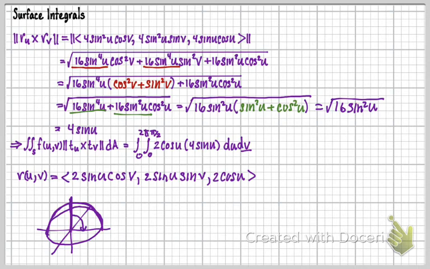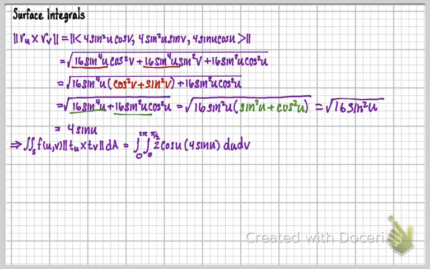And the reason why is because I'm still going to take this all the way around to fill it all in. And not the whole volume here, but just the surface area. And that's what we're dealing with here, this surface area. So then this is going to equal the integral from 0 to 2 pi, and then the other integral, 0 to pi over 2, and that's going to be 8 cosine u sine u